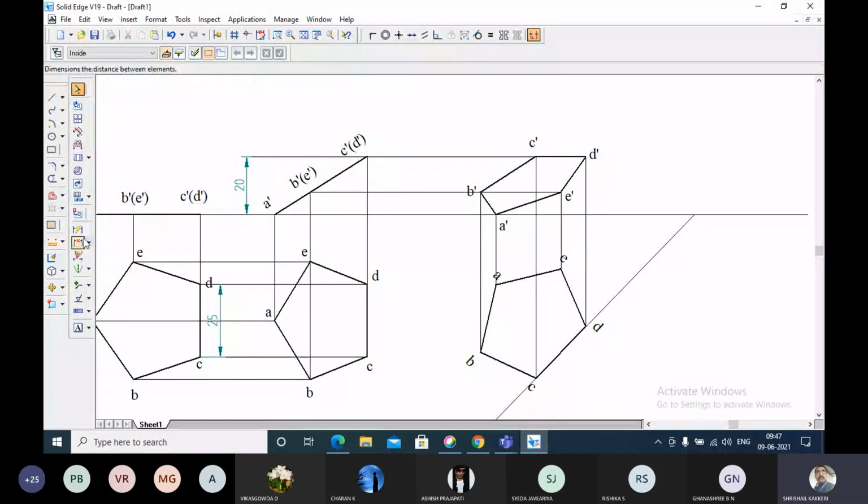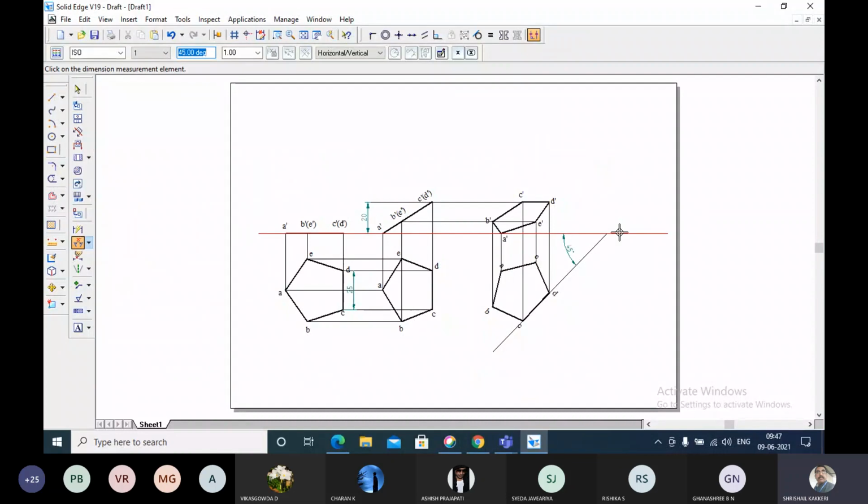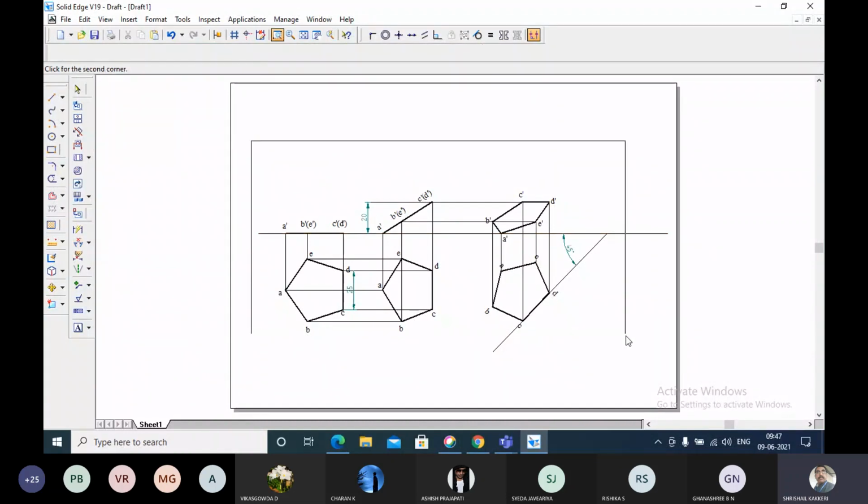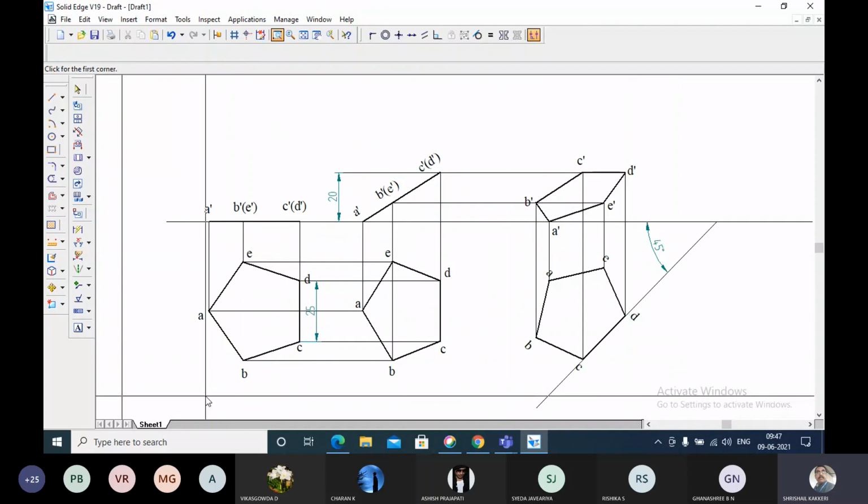And here what do I have to write? I have to write the angle, because this is the basic thing they have given us. It is at an angle of 45 degrees. The rest, writing the XY line, HBBP, all these we have to do. Does anyone have a problem in this? Kindly ask me. Once again, I'll read the problem.